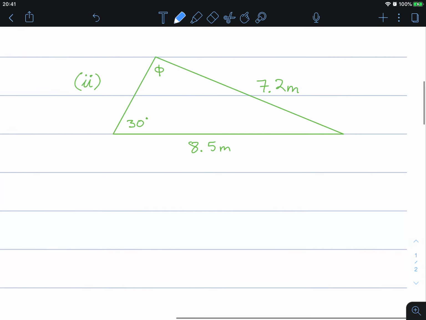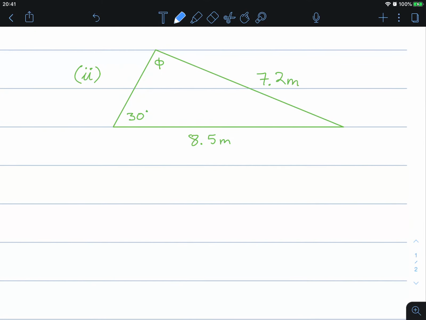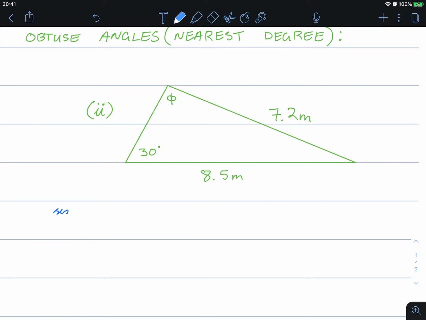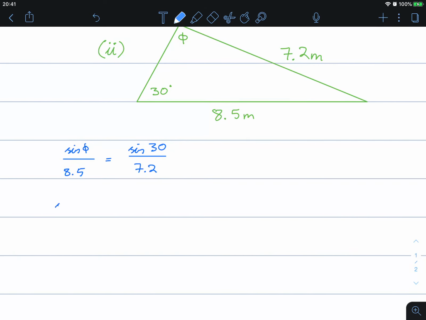Let's do this one more time. Here we go. Let's find angle phi. In this case, we know that this is an obtuse angle from the question itself and the diagram. So sine phi over 8.5 is equal to sine 30 over 7.2. Multiplying both sides by 8.5, we get